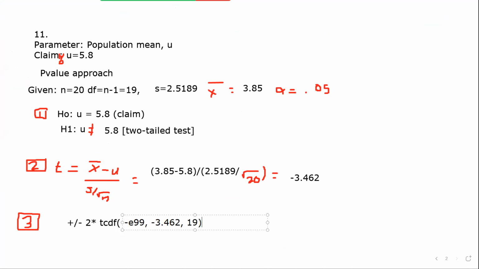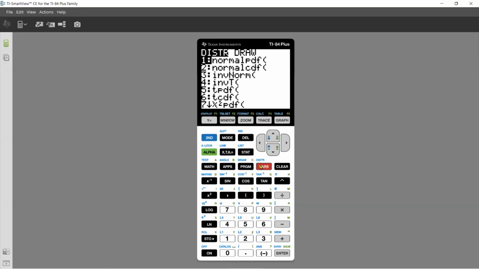Okay. This is going to come from the calculator. We're going to get it right now. So here we're going to go to second distribution, TCDF, number 6. Okay. We're going to go from negative infinity. Remember, use the little negative, the little minus next to the enter key for your minus sign. E99,